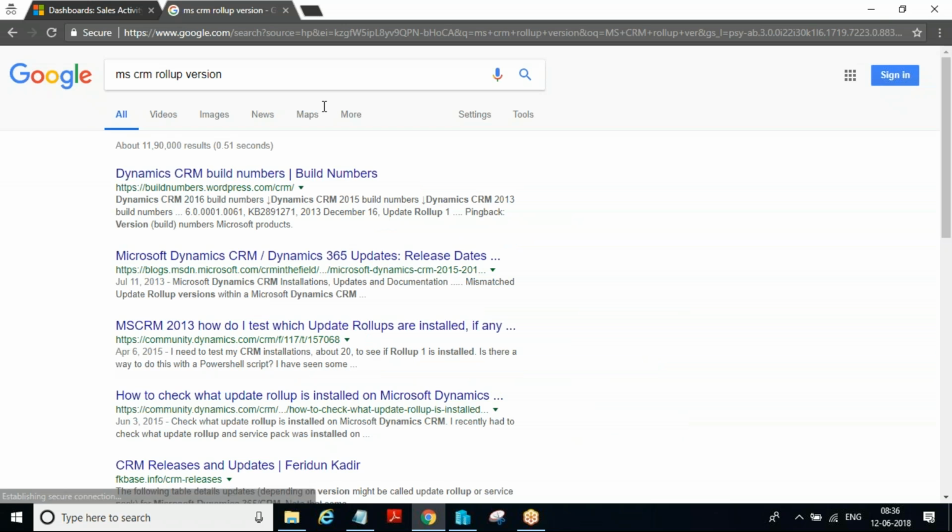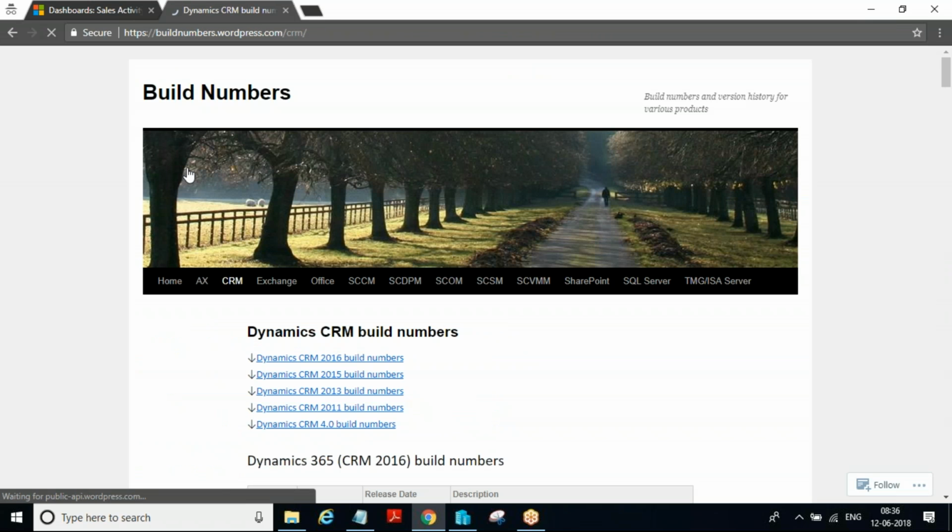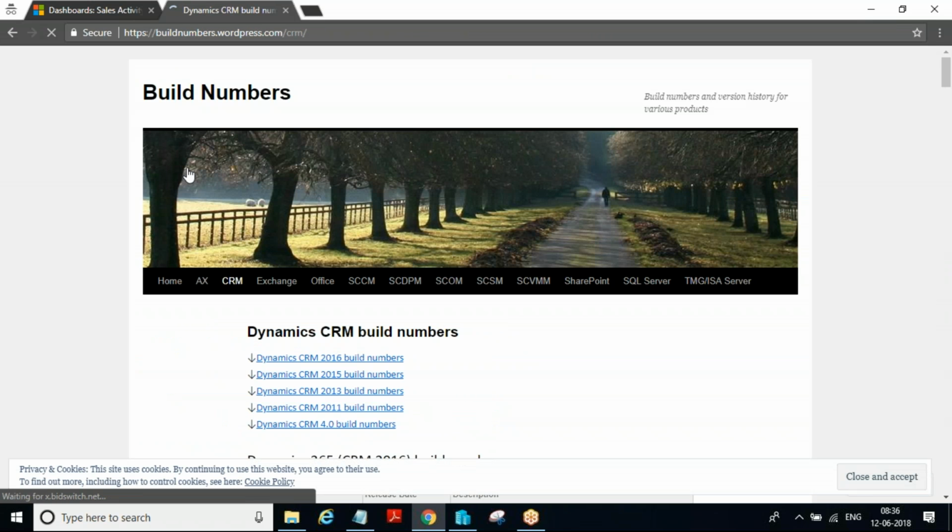See, every software will have a service pack. Similar to this, Dynamics CRM is also having a service pack, but in Dynamics CRM, we don't call it a service pack. We call it a roll-up.